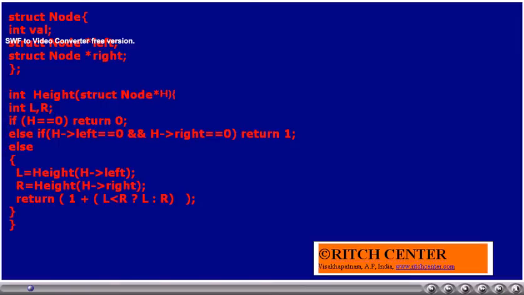This demands recursive traversal of the tree. That is, the function height will be called recursively. Whenever we send 0 for this function height, it returns 0. Similarly, whenever we send address of a leaf node to this function, it returns 1. The following slides will simulate how this function works.